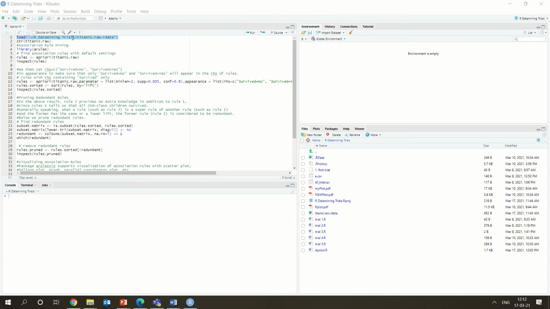So we will see how the data looks. So control enter. You just have to load it. I'm loading it from the R data mining trial folder, where I have this Titanic raw data. You could see it here. And I'm doing control enter. So it is loaded from this particular folder. Now we have already seen this